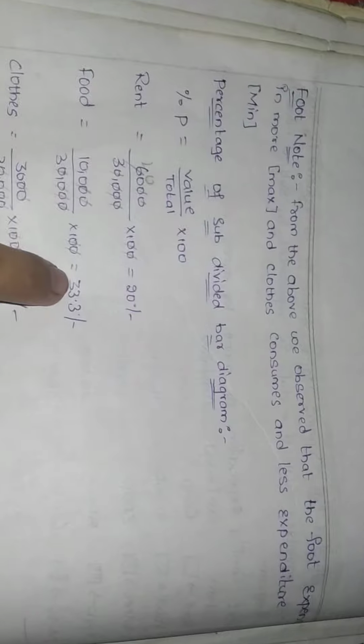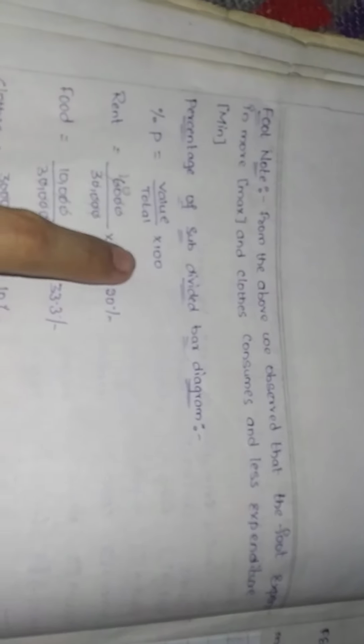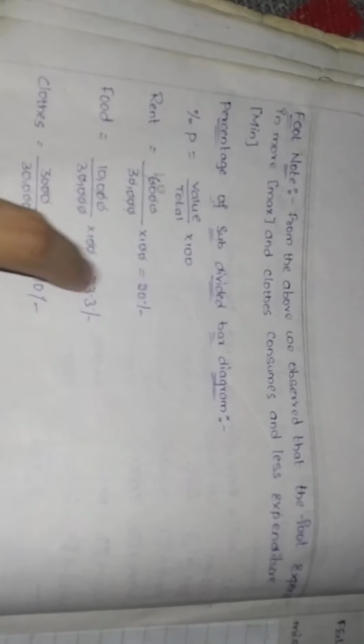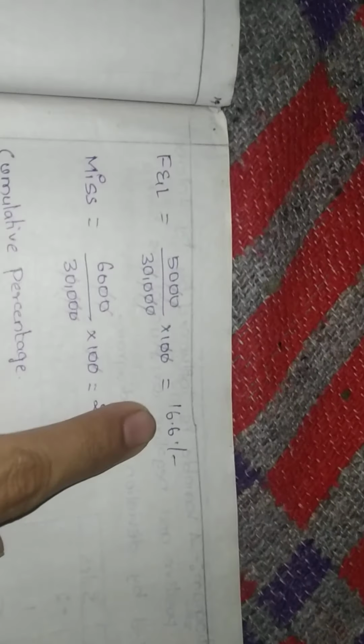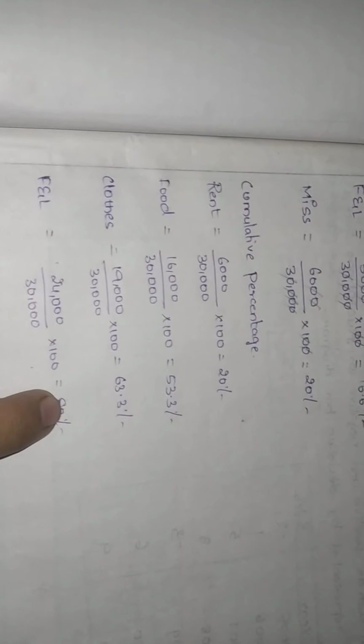over here, followed by this 20 plus 33.3 is 53.3. So here they are writing 53.3. Then followed by the first one, second one and third one. Add this 3, it is 63.3. They are writing it here. Then the first, second, third, fourth one they will add. What is this number? 16.6. Add that with this. Then this number added to 20 will be 100. Your answer is correct only when you get 100%.